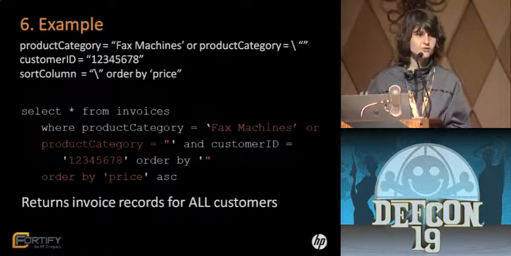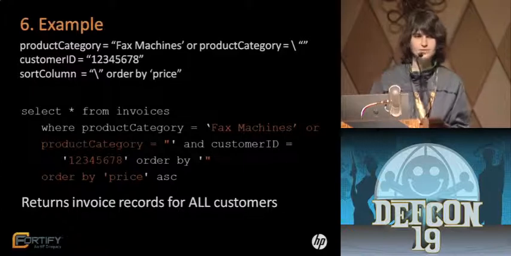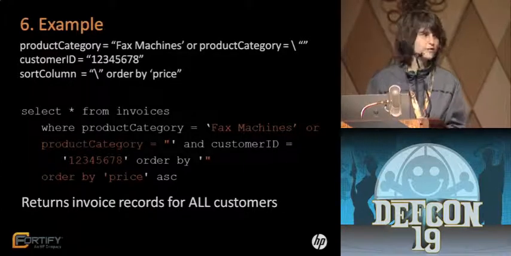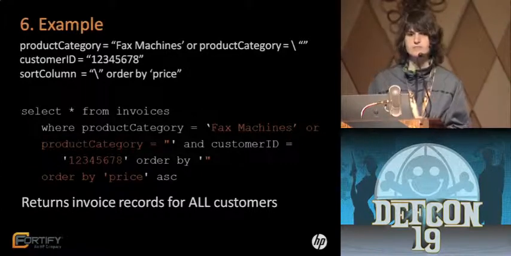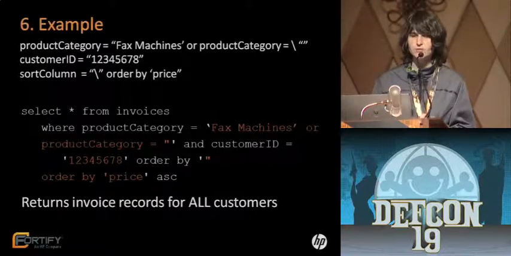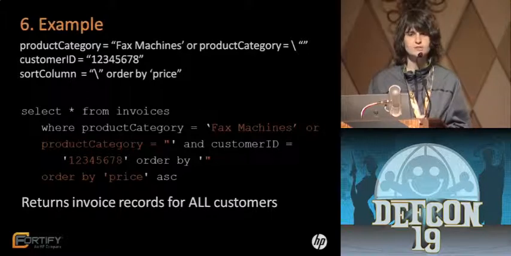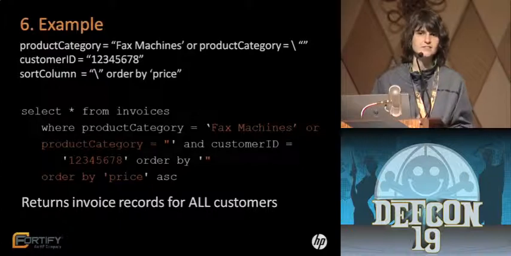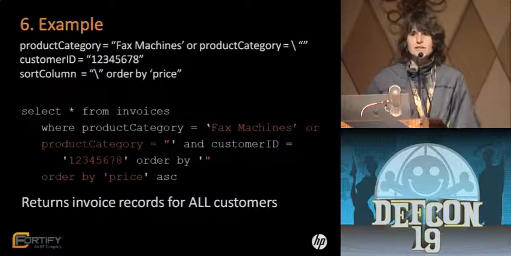Then your query looks very, very different. And if you stare at it long enough, you'll see that we basically were able to get around the check against the customer ID. And what that means is you now are able to see invoice records for all of the customers rather than just one customer with customer ID 1, 2, 3, 4, 5, 6, 7, 8,